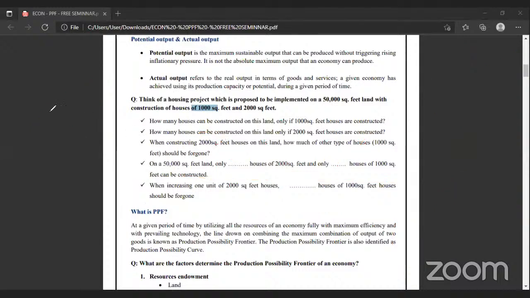One way of answering. Look at this table, right? We are talking about producing 2,000 square feet. We are not talking about 10,000 square feet houses, right? Then your question should be changed the other way around. The table will be changing the other way around. For example, I'll put in 2,000 square feet houses. They are producing 0. Sorry, we'll put 1,000, right? 1,000: 0. Then 2,000 square feet houses, how many do they produce? 25. And if they are going to produce 50, and how many? 0. That means, now tell me the opportunity cost of producing